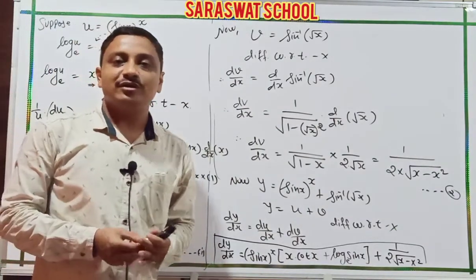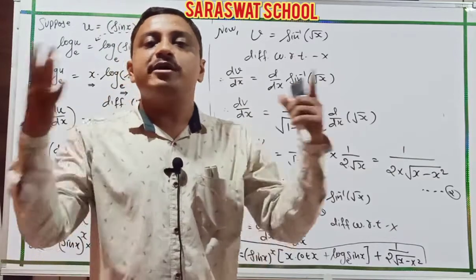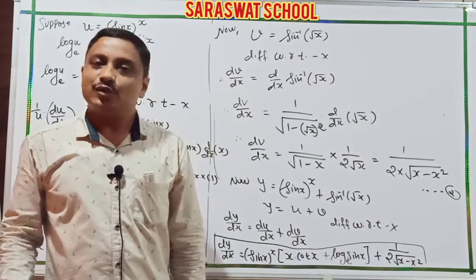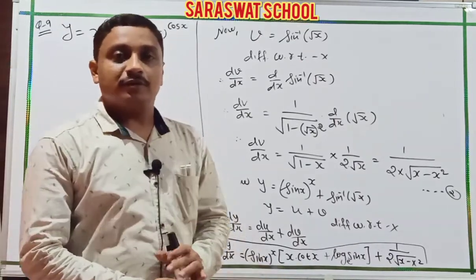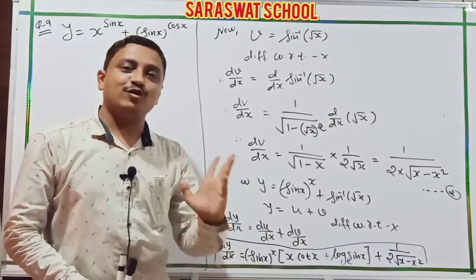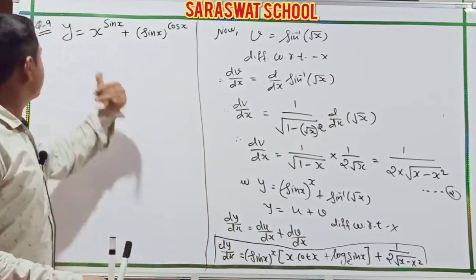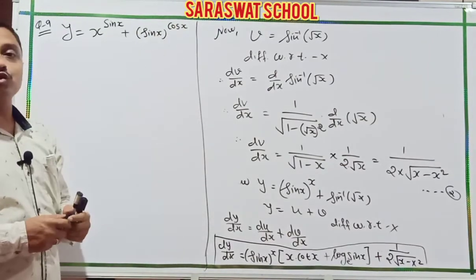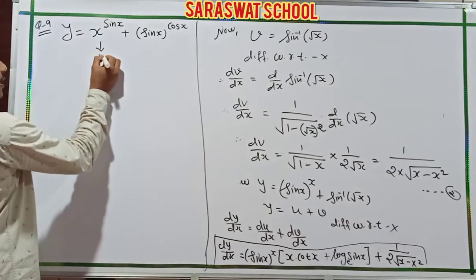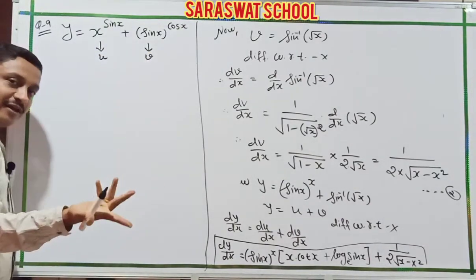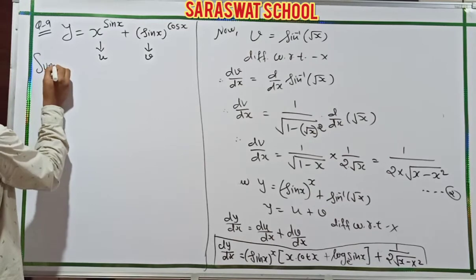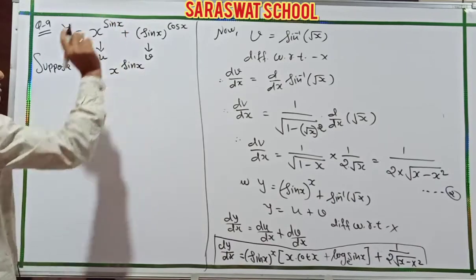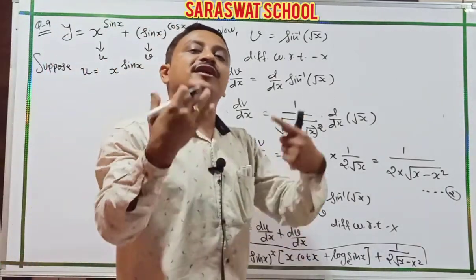I hope you understood. Today almost all numericals are 3 marks questions, and all are the same pattern. Okay? Yes. Now next one. Now students, after ending these sums, I go to one more interesting question. Question 9. y is equal to x raised to sin x plus sin x raised to cos x. Similarly, taking here u and here taking v. So suppose, same, you take u as x to the sin x power, and second the v function. After that I will explain to you.